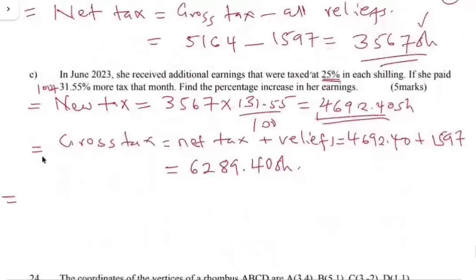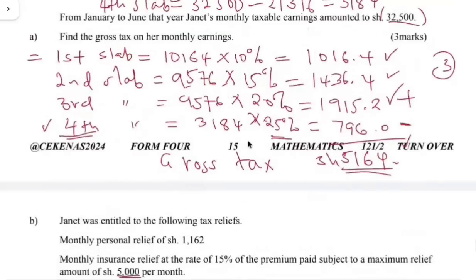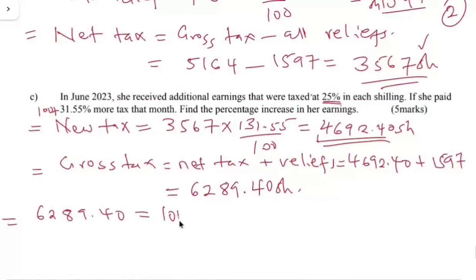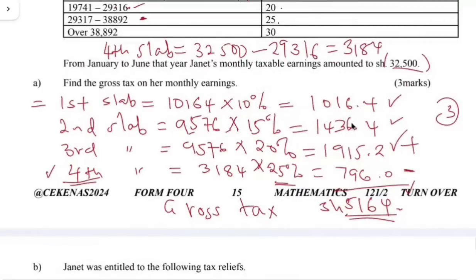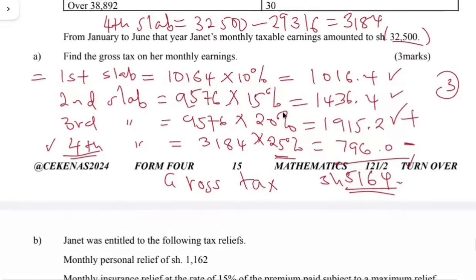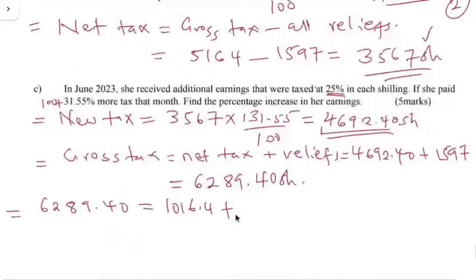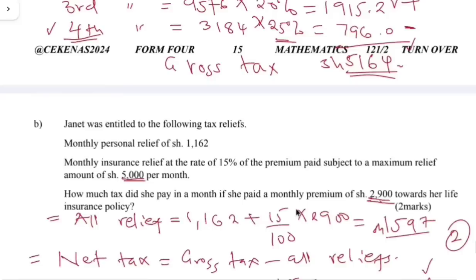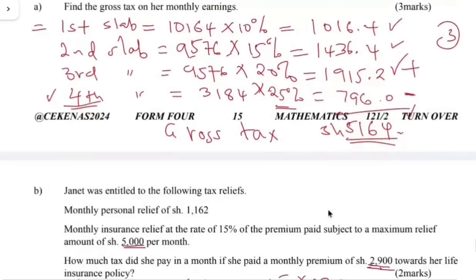Okay, so for you to get your all gross tax, 6,289.4 is equivalent to ile tax slab ya kwanza 1,016.4, okay, plus the second tax ambayo iko kwenye second slab 1,436.4 plus 1,915.2